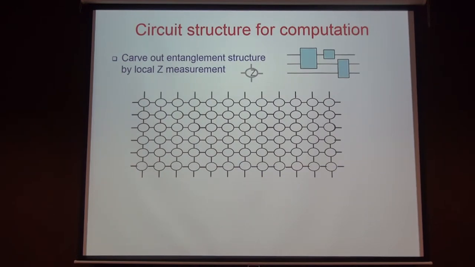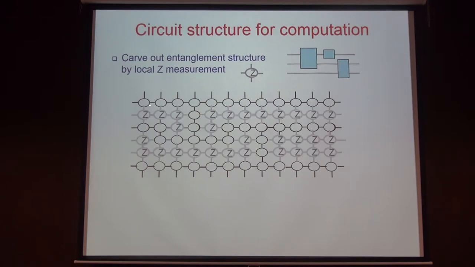So how do we get the entanglement structure? We can get it by performing local measurement in the Z basis. Remember, in the very beginning I said that when you measure in the 0 and 1 basis, that actually collapses the second qubit to a product state. In fact, if you analyze, it simply means that from this cluster state, performing measurement on these various sites in the Z basis simply removes these qubits, disentangling them from the rest. So the remaining will be the desired structure that you want. For example, this